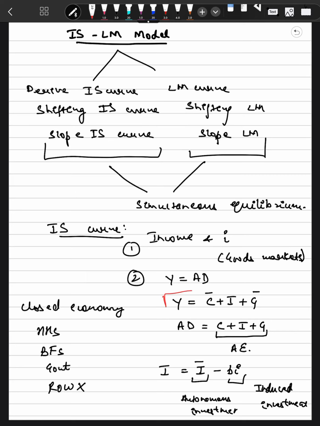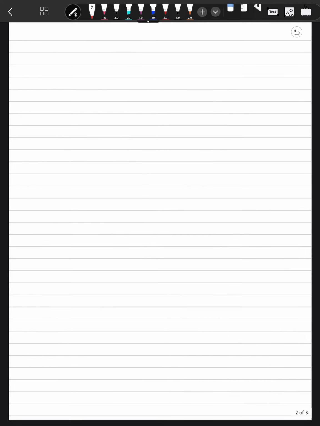In order to first derive the IS curve equation, and thereafter we are going to derive the IS curve. So we said that in the equilibrium Y is equal to aggregate demand, and Y is equal to C plus I plus G. So we say that this consumption is autonomous plus small c Yd. So this is MPC, that is the change in consumption due to change in disposable income, plus I bar minus bi plus G bar. So now we are actually going to take all the autonomous variables together.